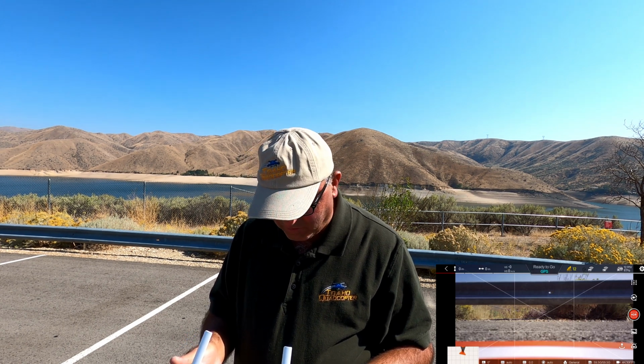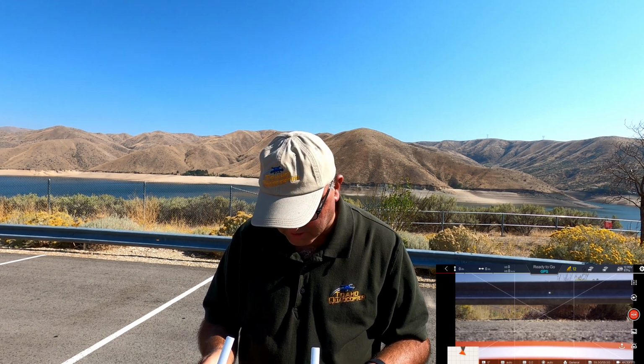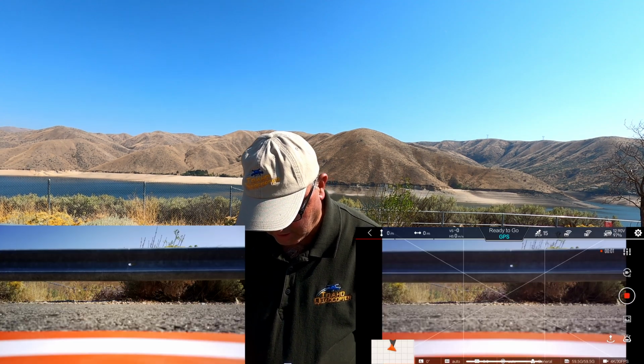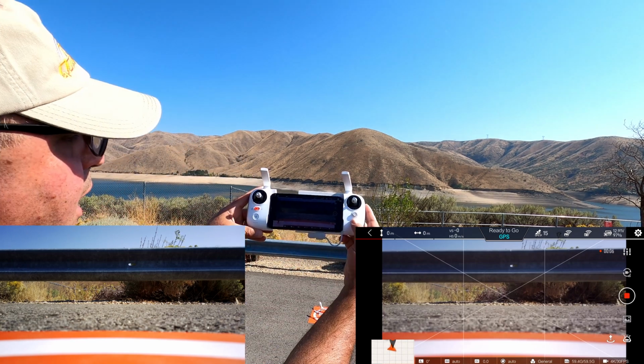So back into the view. Now it says GPS. What I found with this drone is once you get it in the air, it tends to find more satellites, and it's fine. So let's go ahead and start recording. Recording is started, and I'm going to take off. I'm going to hit the takeoff button on the app,